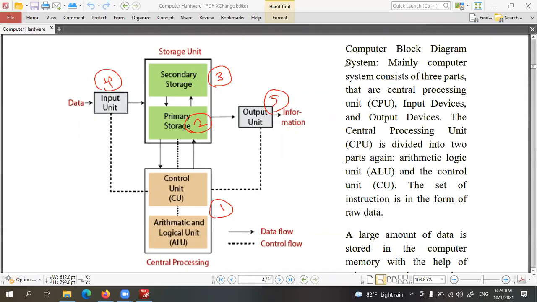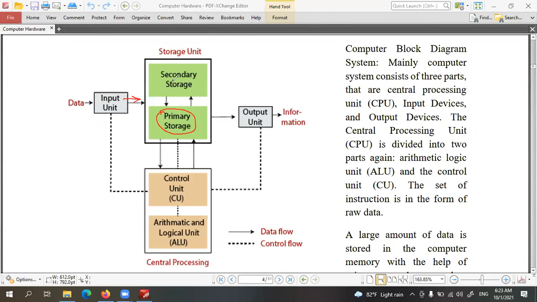So now we can see in this diagram how data is going to flow through the hardware devices. See, we always have to input data. After that, this data will be saved in the main memory. So this is the main storage of a computer.